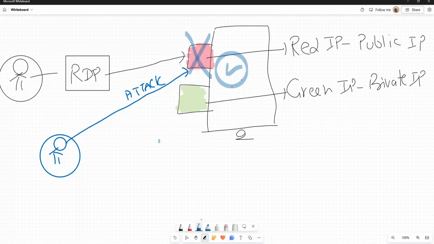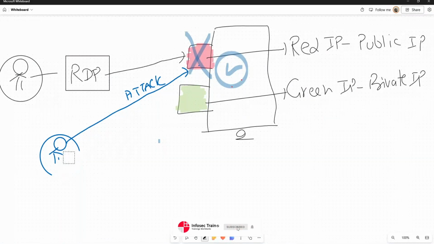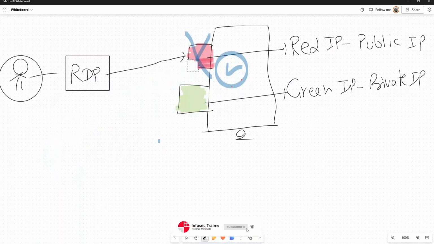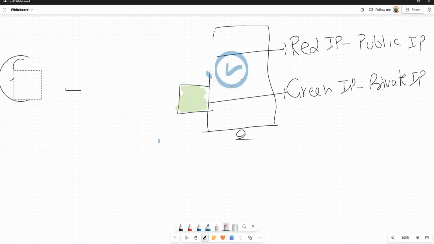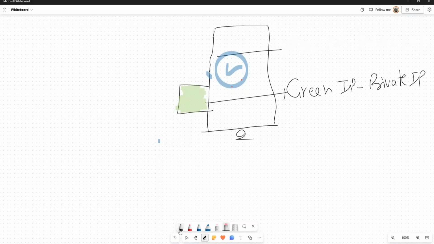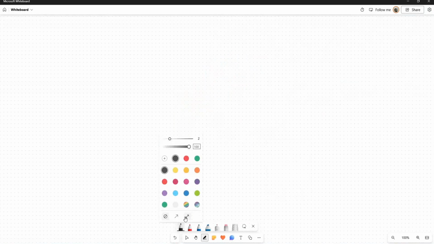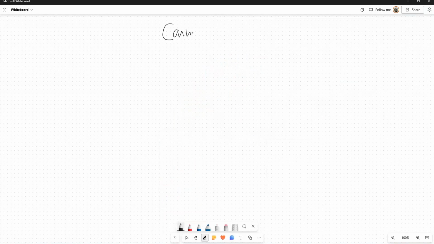If there is no public IP on a VM, then logically only the green IP, and green IP means only private IP. How do we do the RDP then? So we have a very secure concept for how to connect an Azure VM securely.